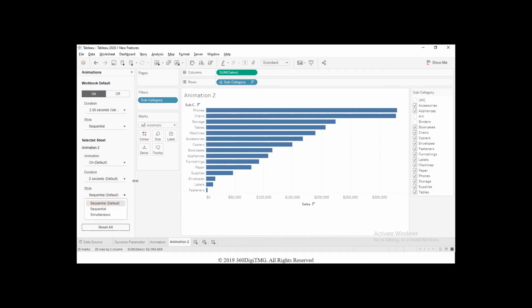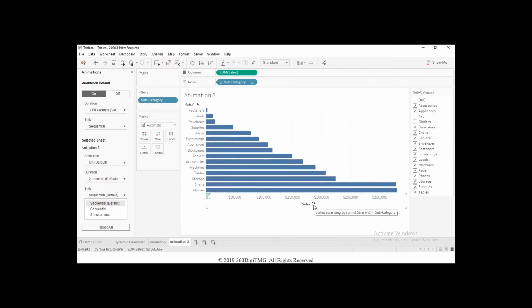Okay, fine. 2 seconds itself seems to be long enough, but I think it's okay. All right, the transition happening. You can create